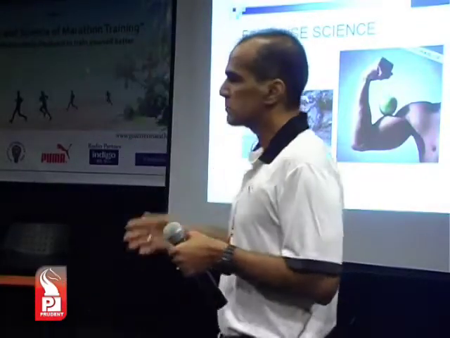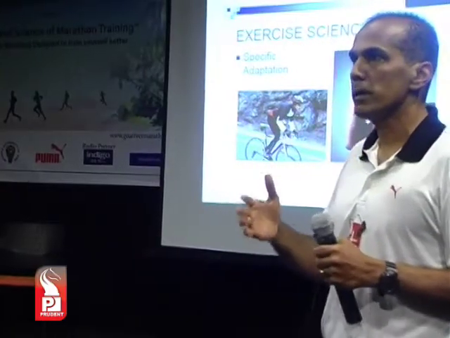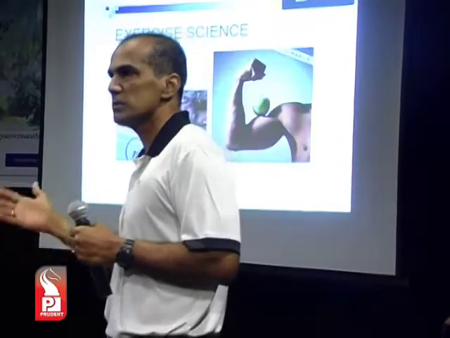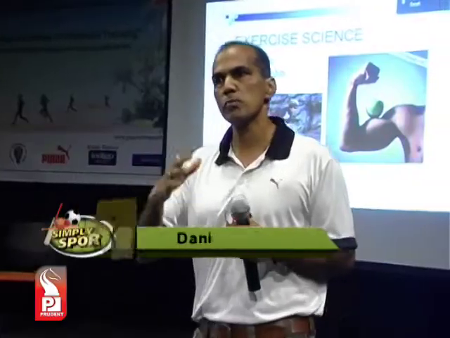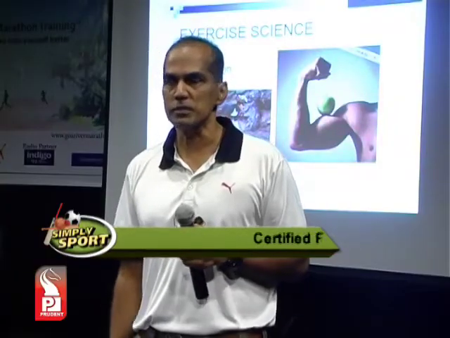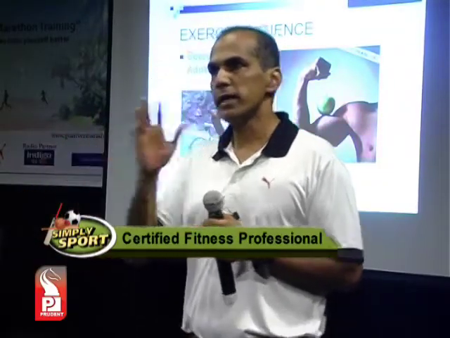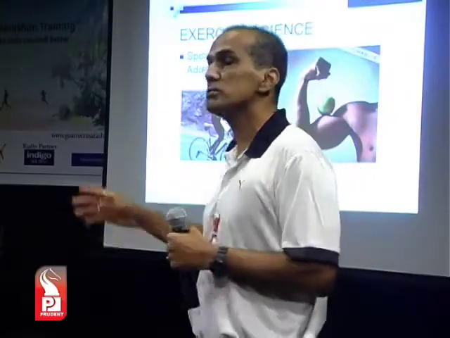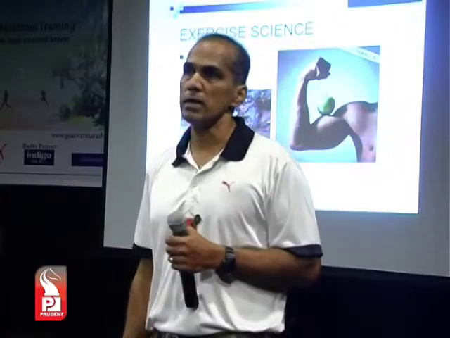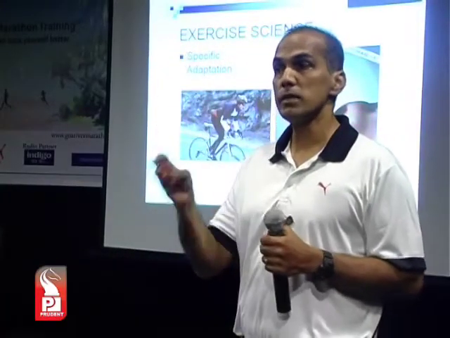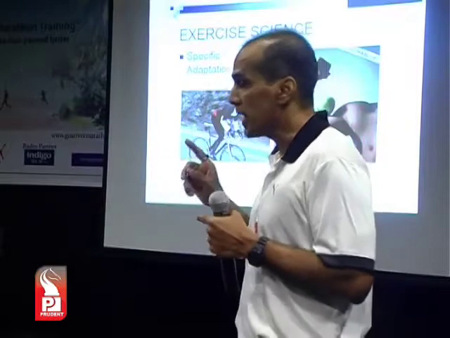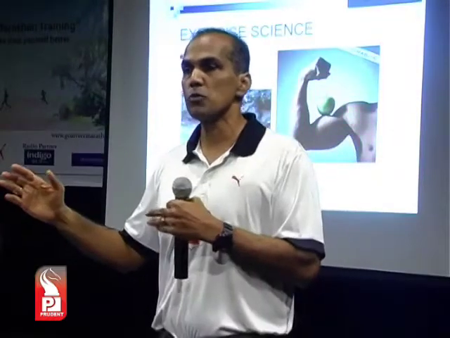Specific adaptation. Specific adaptation takes place depending on the sport or the activity that you take up. Like if you were to work out in the gym, that's specific adaptation. It's meant to be only for growing your muscles. If you were to be a bike rider, a bicycle rider, you need to do specific adaptation for this. If you are running, do an exercise or a training regime which is meant for running. Okay, and within running also there are specific adaptations. If you're running a 10k race, if you're a middle distance runner running 1500 to 3000 meters, or if you are running a full marathon, there is specific adaptation in training programs even for that.